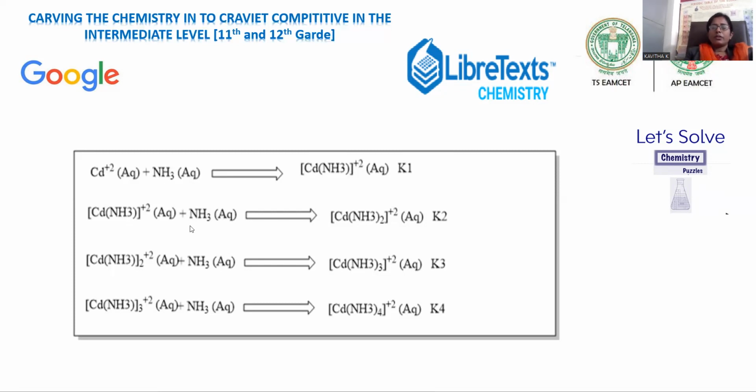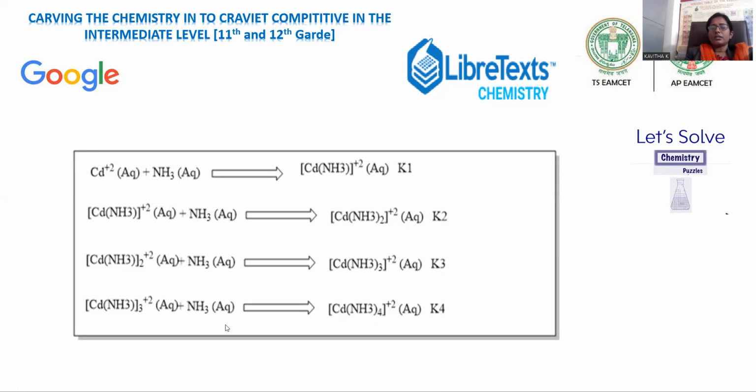Whatever complex is formed is repeatedly treated with 1 more mole of ammonia, so the diamine complex will be formed. Its formation can be designated as K2, and can be continued until the cadmium ammonia complex reaches its maximum limit. That is, the cadmium tetraamine complex cation will be formed, so that K1, K2, K3, K4 are the individual rate constants